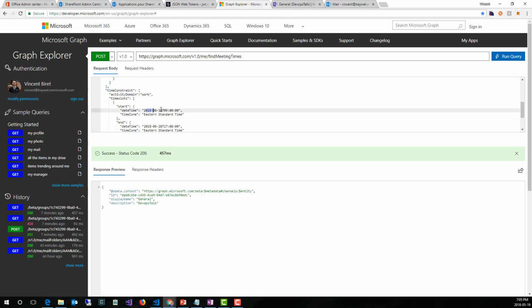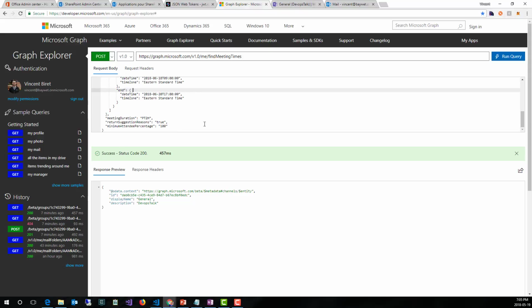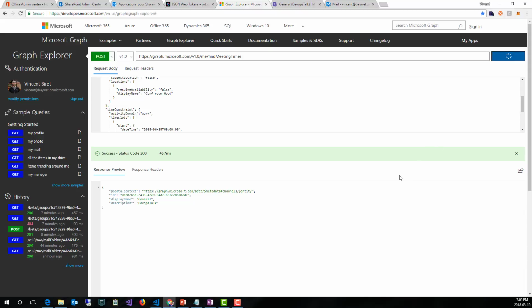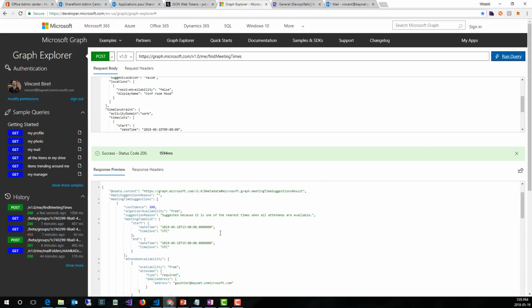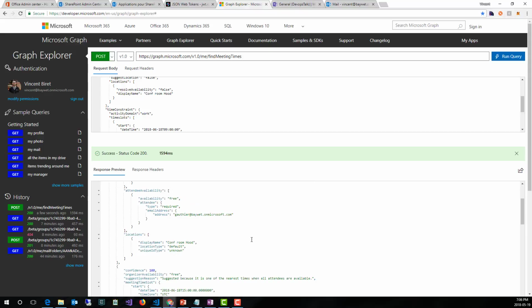But we want to find a meeting time between the 18th of June and the 20th of June, and that meeting is going to be lasting 2 hours. I also want suggestions to be returned. I'll show what that is later on. And in order for a time slot to be valid, because we're only two on the meeting, I want 100% of the attendees to be present. Let's run this request. What the Graph is going to come up with is a set of different time slots here, and a reason. And sometimes the reason can vary depending on